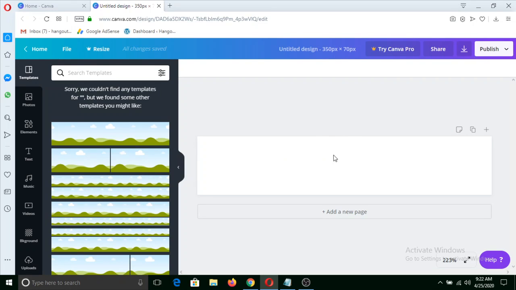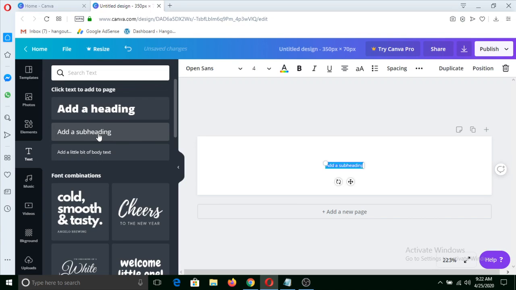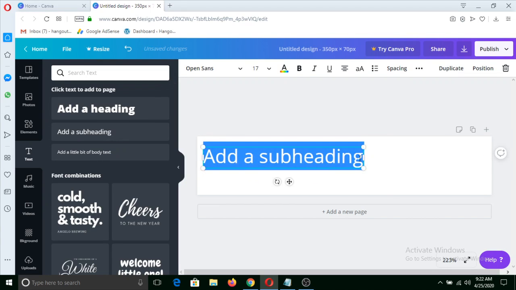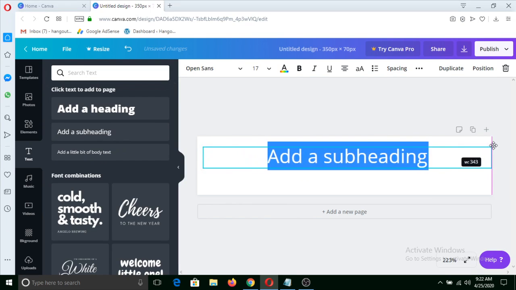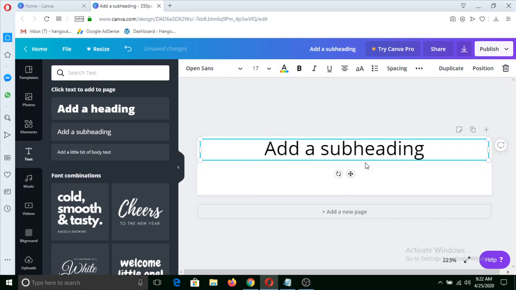Now we need to add some text, so click on text and click on add a subheading, this one, and make it bigger from here to here. Because it may seem big here, but when we put it on our website, then it will look small. So let me put my website name.